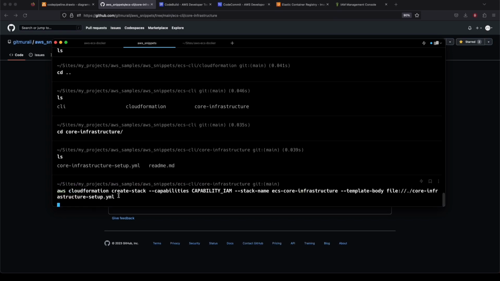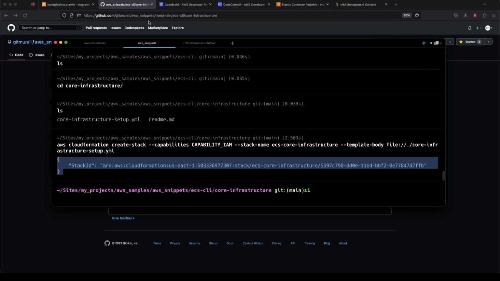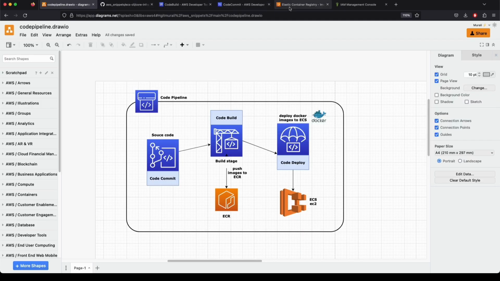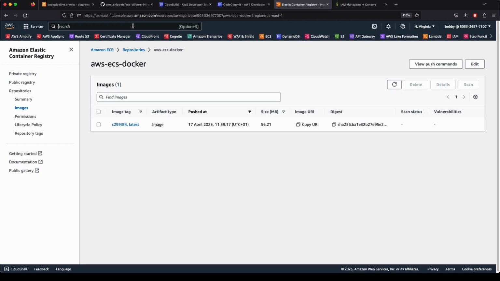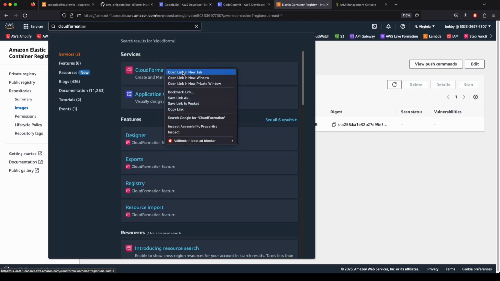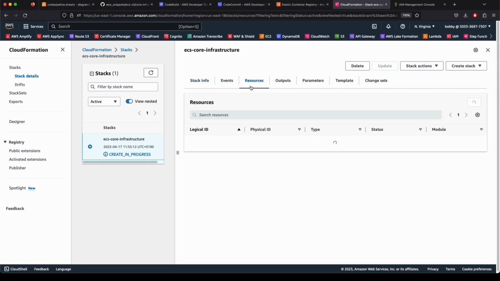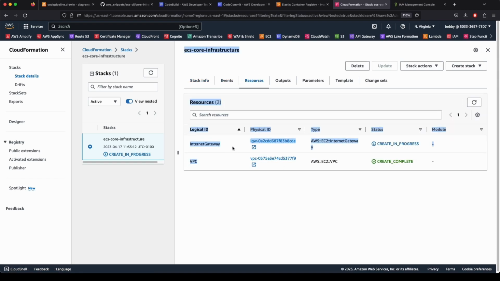Now let's go ahead and create our stack. Hit enter. There you go, you have got your stack ID back. Let's open up CloudFormation in a new tab. You should be able to see our stack is being created. The creation is in progress, and you can see the resources that we are trying to create, which are VPC, internet gateway, and a couple of subnets. And once this stack is ready, we will be launching our